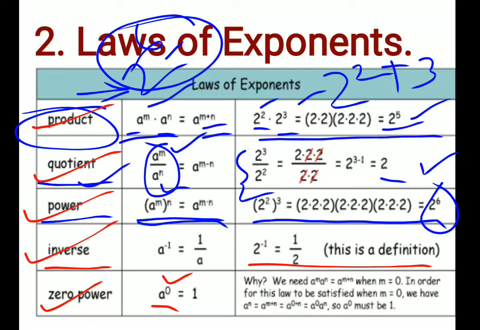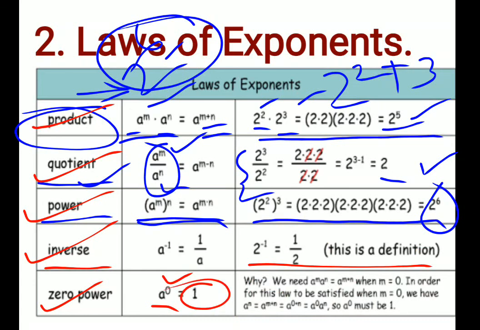Most students get confused and write 5 to the power 0 is equal to 5. No, how can 5 to the power 0 be 5? If 5 to the power 0 were 5, then what is the value of 5 to the power 1? It is also 5. How can these be equal? This is impossible, right? So 5 to the power 0 is also 1. Students, any number having an exponent 0 will be 1.